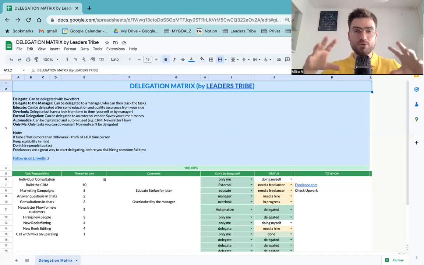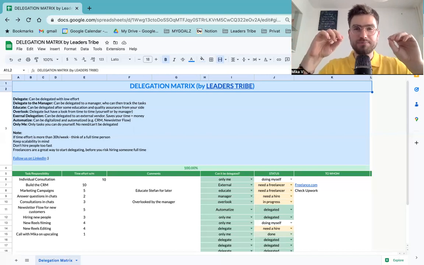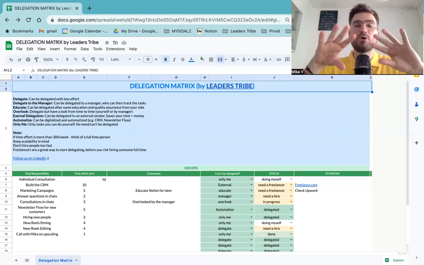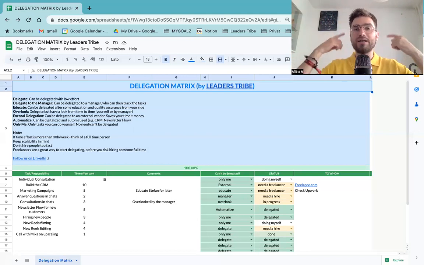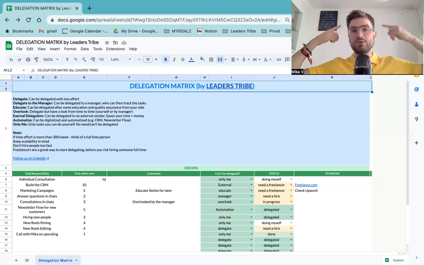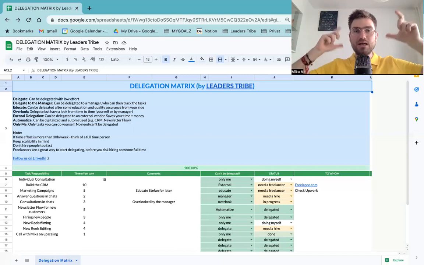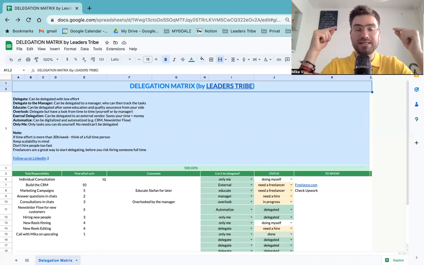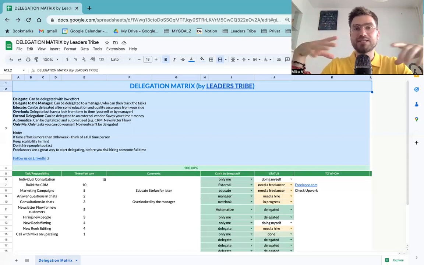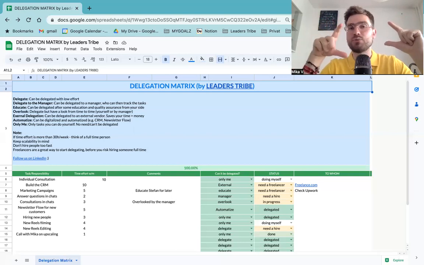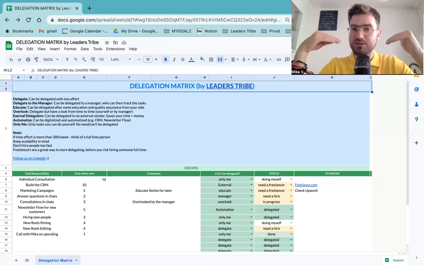And for you to be able to focus on fulfillment solely, it makes sense to delegate all of the other things as much as possible so that you can only focus on customers or sales calls if you're also involved in sales. But the idea is the more you delegate, the more freedom of mind, the more free time you actually have to think of your business, to work on your business and not to work in your business constantly. This is one of the most important switches in mindset that leaders who are building successful companies have, in comparison to people who always stay a freelancer, just working by themselves.